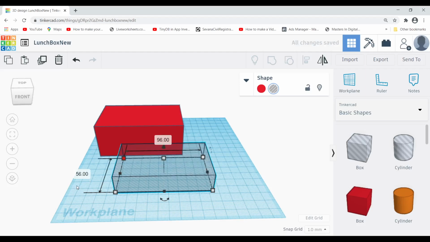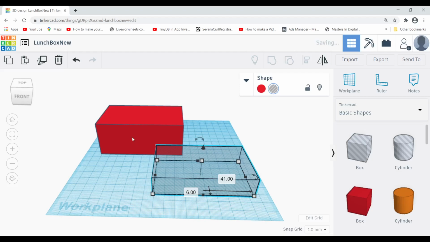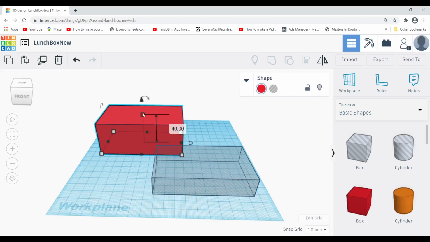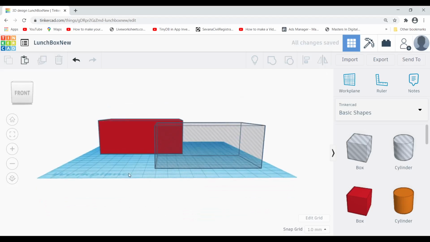Then the height. When you are considering the height, we need an open portion on the top, but we need the bottom side to have a wall thickness. So we need to consider only 2 millimeter for the height. Here it is 40, the total for the solid one, and 2 millimeter we want to reduce. That means this one should be 38. Okay, now that part is over.